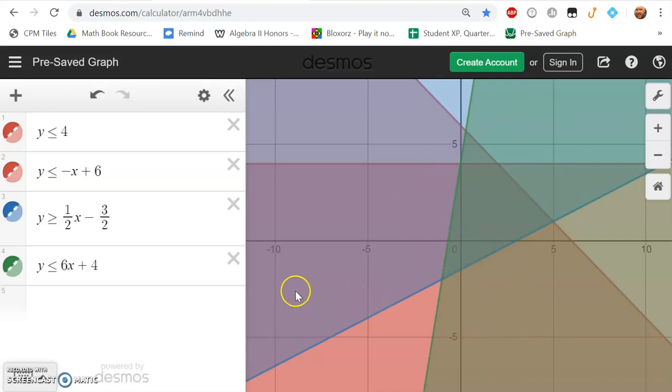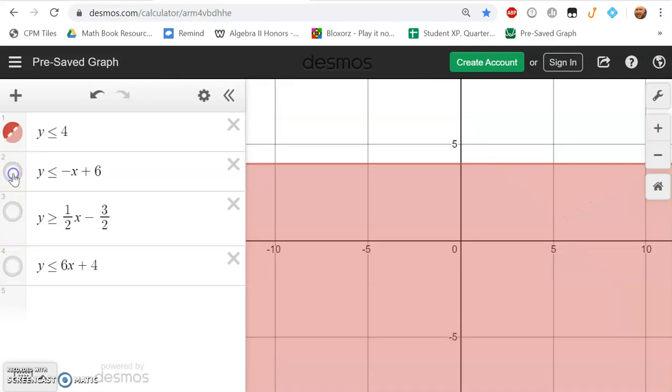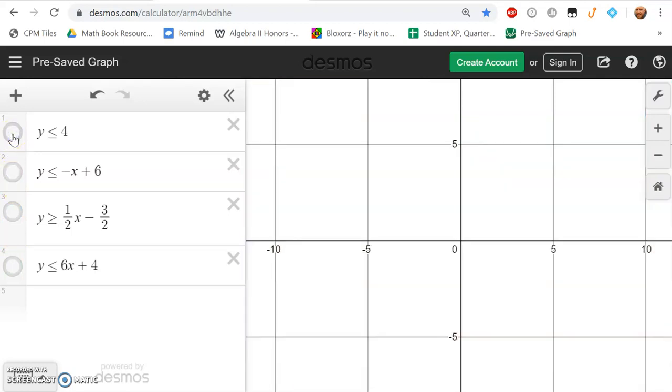So one of the things that I like about Desmos is over here on the left side, by each inequality, you can click on the little colored circle there to turn on and turn off the inequality. So one of the things that I do find helpful, if I can't tell exactly what that region is, is to turn them all off, like this, by clicking on each inequality, and then one at a time turning them back